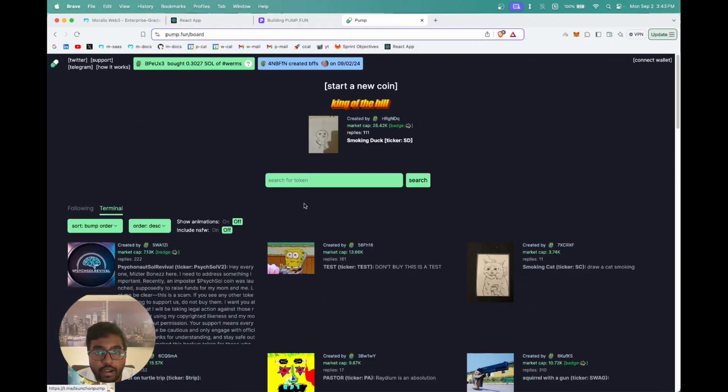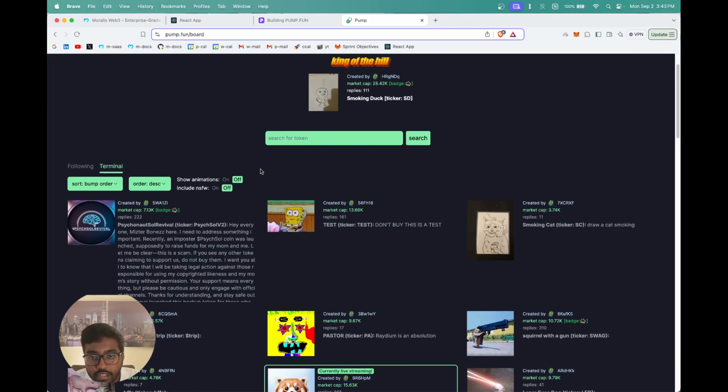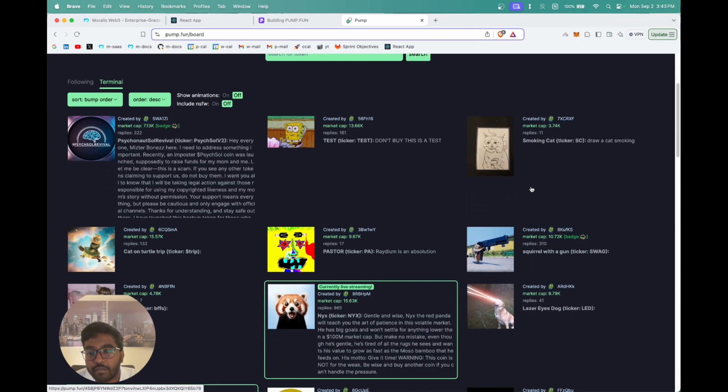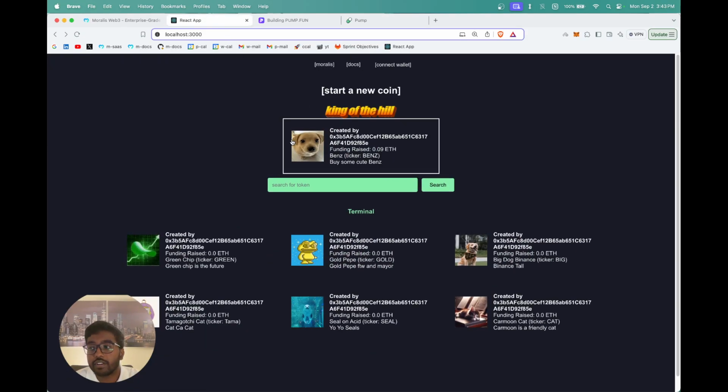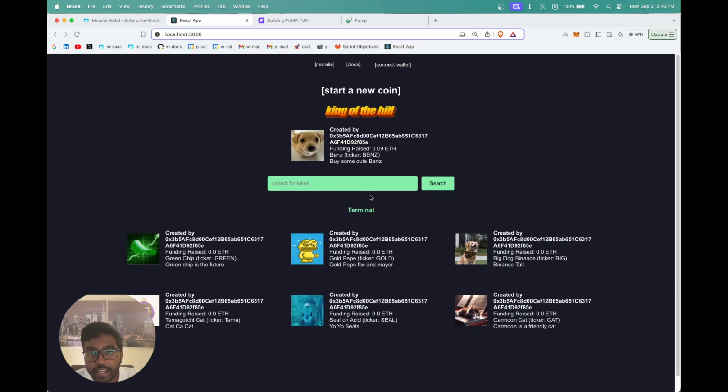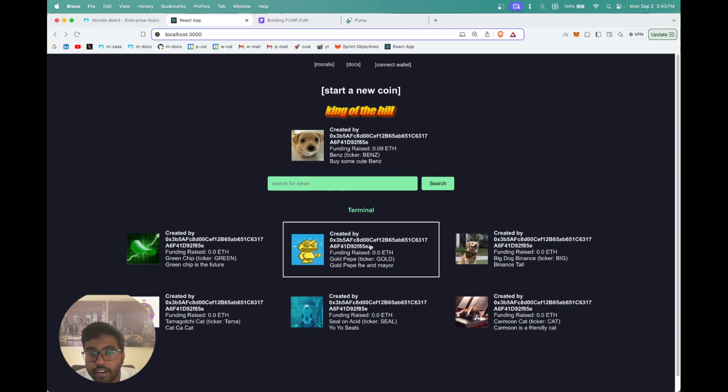So going back to the page, you basically have this platform that lets you create these meme coins. We're going to build something similar, and we're going to do it on top of EVM chains. Which means that our token is essentially an ERC20 token, but we are going to have the mechanics of pump.fun, which means that each token that's created through our version of pump.fun is going to